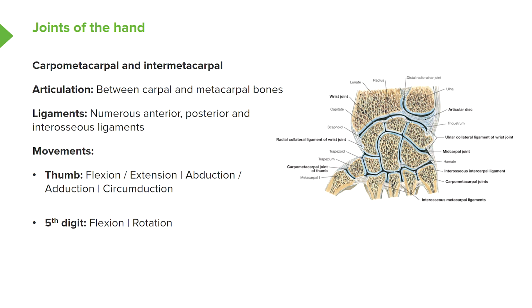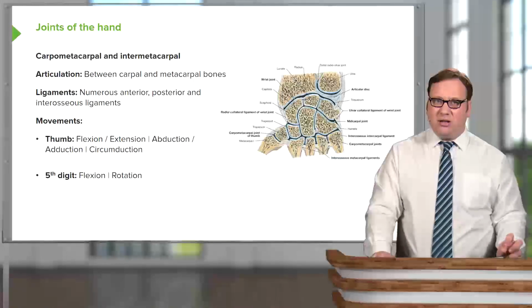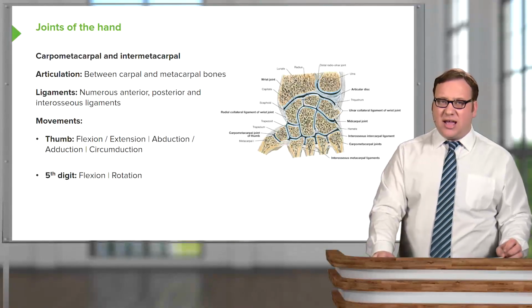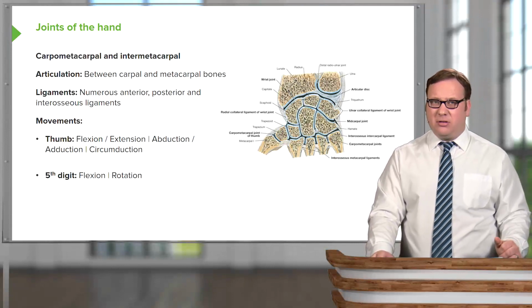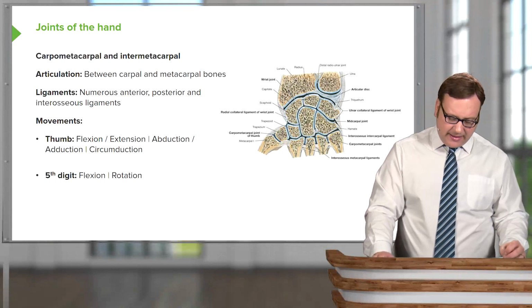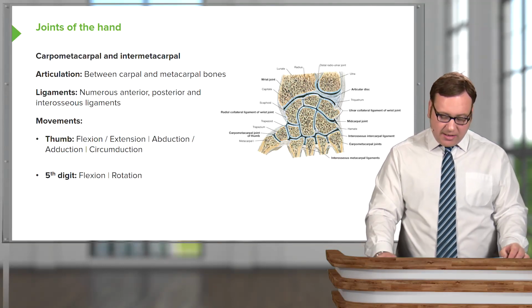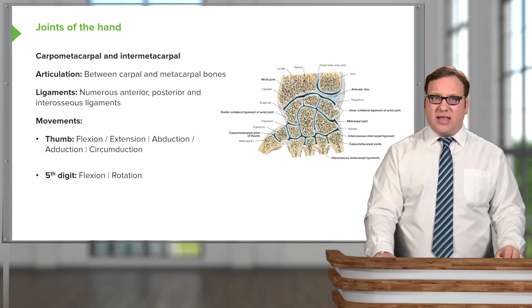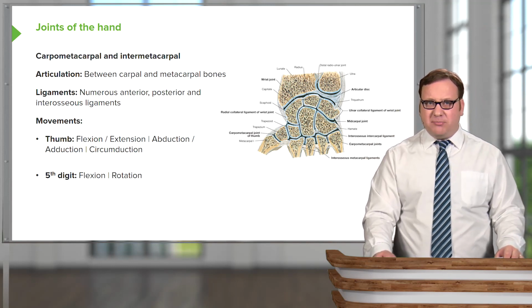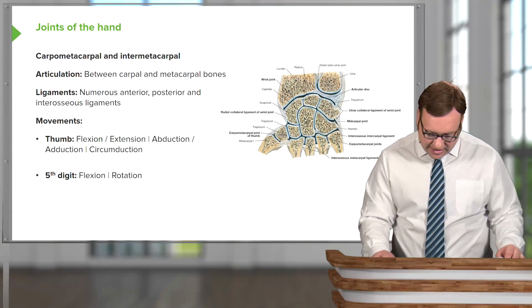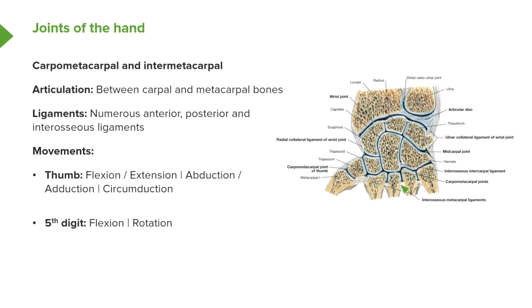So carpo-metacarpal, that's the joint between the carpal and the metacarpal bones, and then later on we'll look at intermetacarpal, the joints between the metacarpals. If we have a look, the articulation between the carpal and the metacarpal bones, again, we have numerous ligaments, anterior and posterior and interosseous ligaments. We can see interosseous metacarpal ligaments running between the two metacarpals here and here, and here and here, here and here. And we can see we have carpo-metacarpal joints, the joints between the carpal bones and the